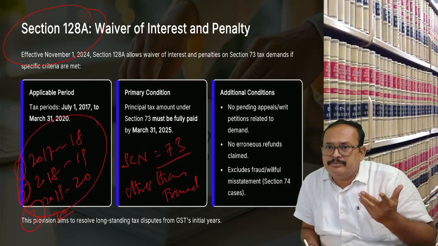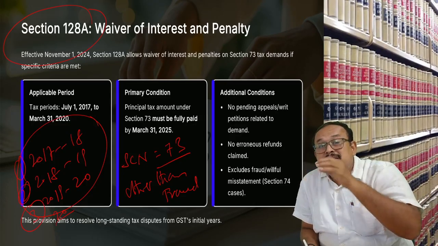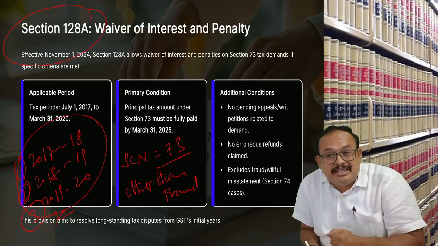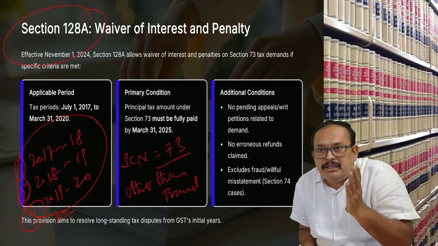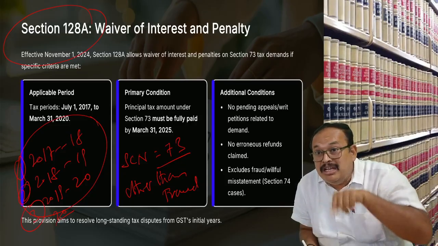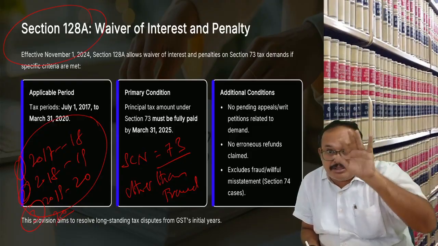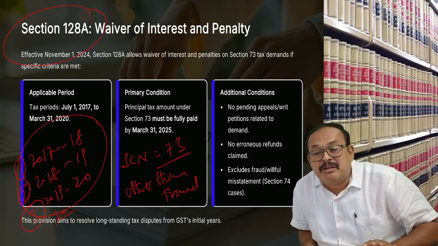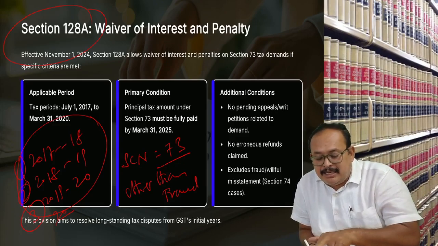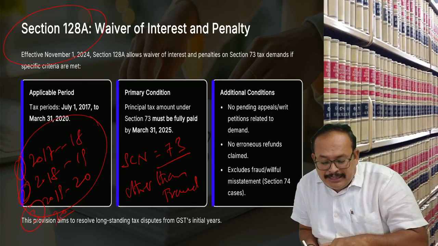Very clear. So I referred to this only in section 128. What it says is a waiver of penalty. Practically waived under 128A, only for the reasons other than fraud, and that too for the initial 3 years from day 1 of inception of the GST law. Is it clear, my dear? Now, further referring here,